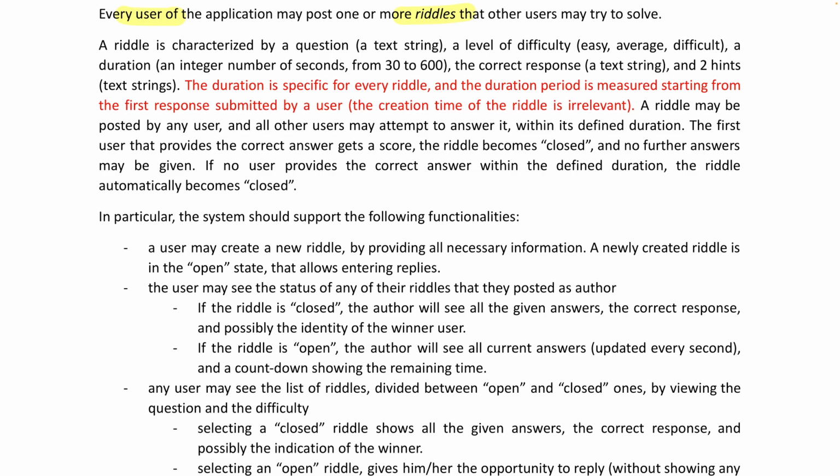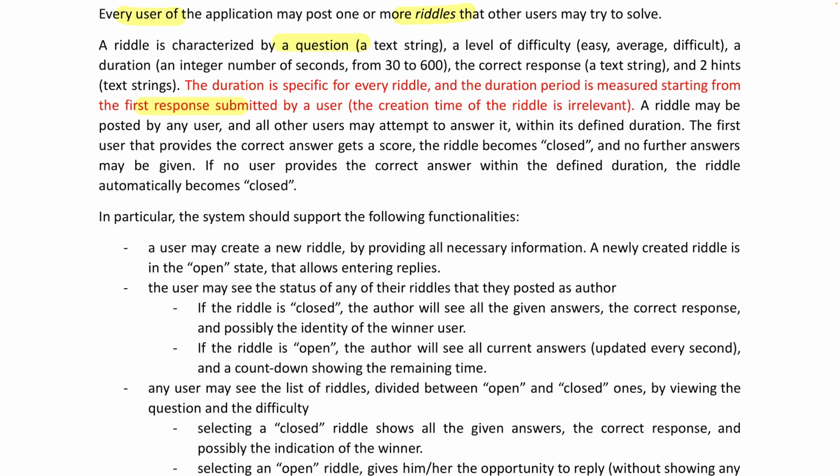Okay, so a riddle is characterized by a question. We already saw that. At this point, we might say that a question could be, we are still not sure, but might be an entity, another entity. A level of difficulty, a duration, and 2 hints. The duration is specific for every riddle, and the duration period is measured starting from the first response submitted by a user. So here we have response